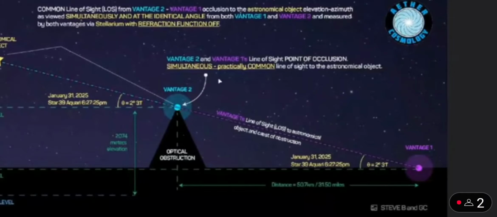Why are we doing that? If we turn off refraction, it refers to the star's quote unquote true geometric position, which is supposed to be the star's position on the first point of Aries, which is the position of the stars on the night sky during the vernal equinox. So we take that as our reference from where they've derived where these stars are supposed to be. Now, if the true geometric position of the star is lined up at 2 degrees 31 arc minutes at a specific time, for an observer on the ground 50.7 kilometers away from this mountain, and the star gets blocked at that exact time based off of its geometric position,